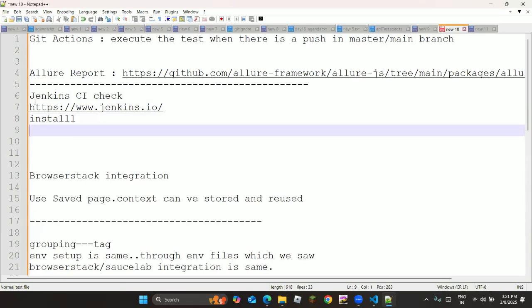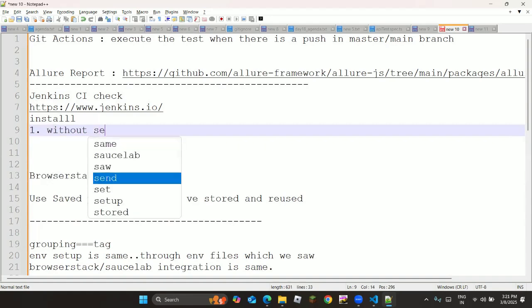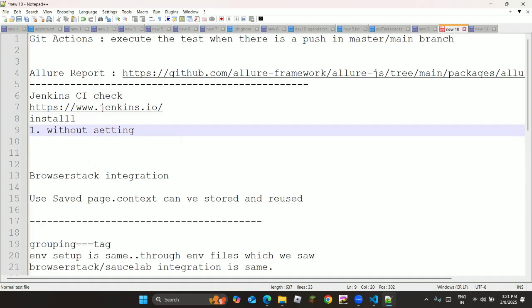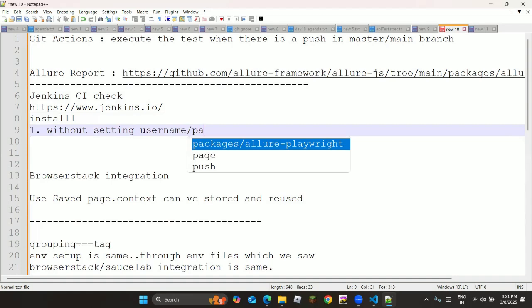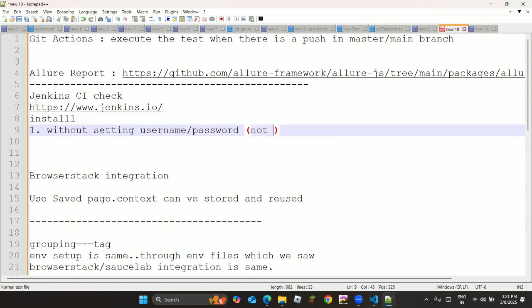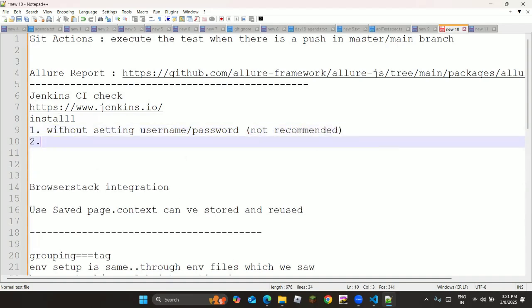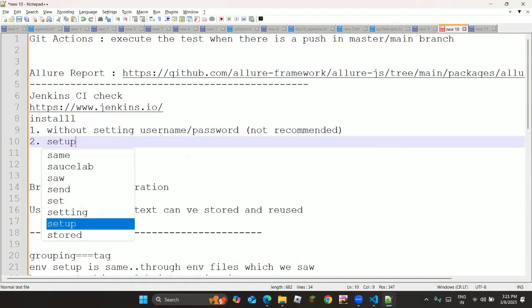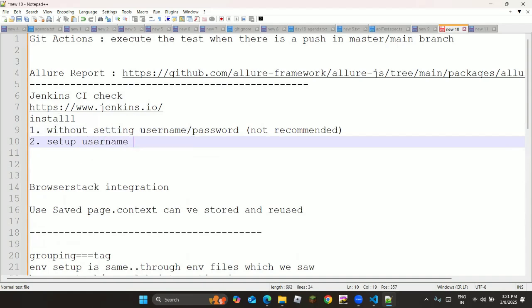When the option comes, there will be two options. One is without setting a username and password, which is not recommended. It will actually tell you not recommended. And the second option will come to set up a username and password